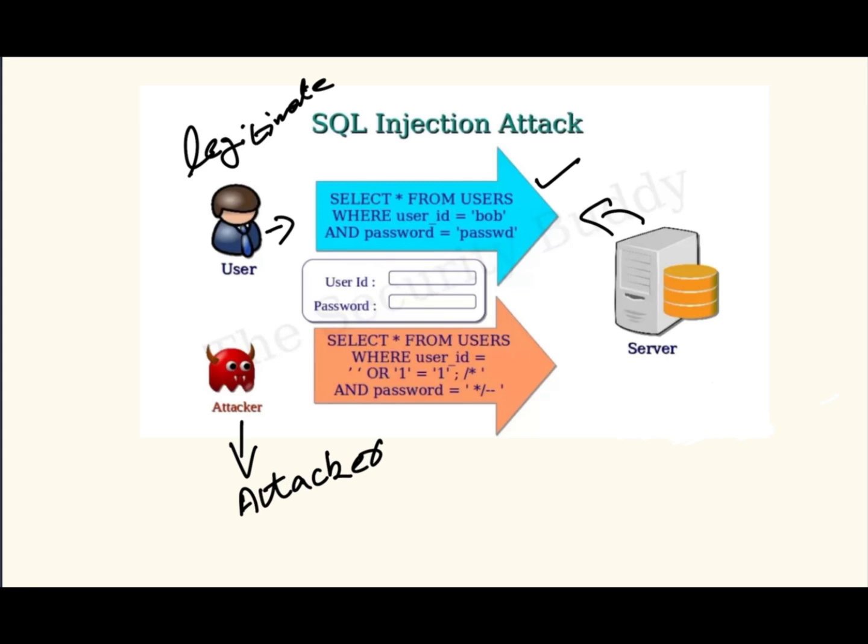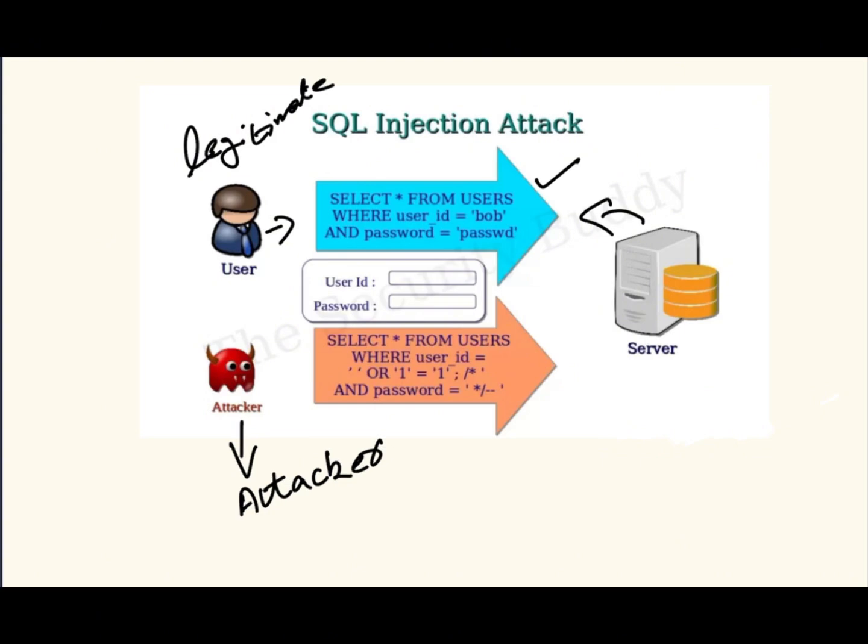Obviously, if this is a legitimate user and he or she logs into that database server and adds the user ID and password, then when that user ID and password match, only then a row is returned. That particular row will be returned, but that happens in the background. On the other hand, you can see